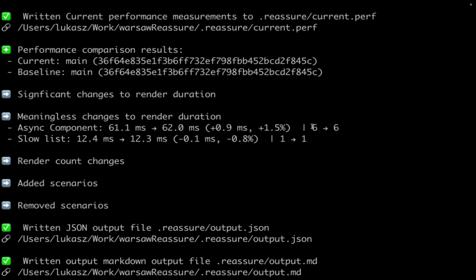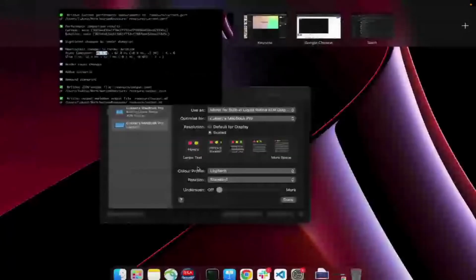The render counts are pretty obvious; those should not change, but the time it takes to render some component will fluctuate. There are actually some cool tricks that Maciej and the others who created Reassure did to count if something is significant versus not significant. So that's my new baseline.